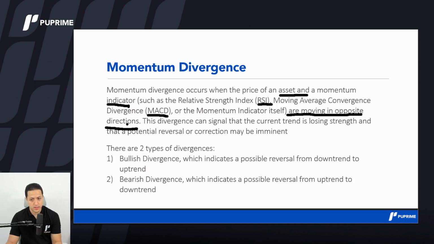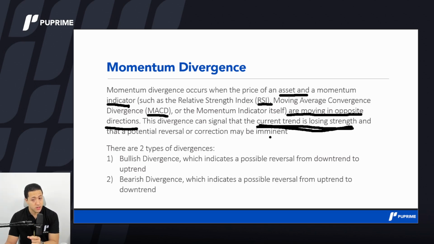Simple, moving in opposite directions. This divergence can signal that the current trend is losing strength. And I have to put another line below this because it's really important. So when you have a difference in behavior between momentum and price, this divergence can signal that the current trend is losing strength and that a